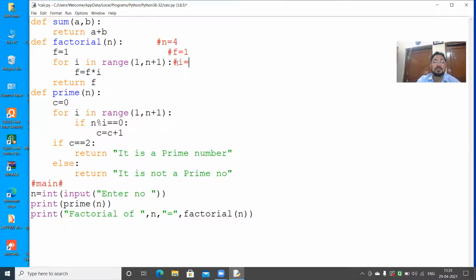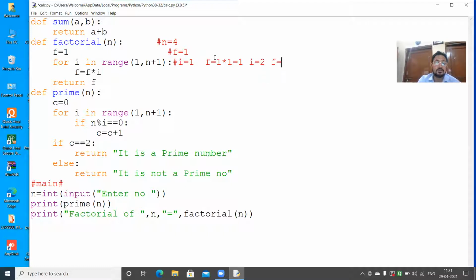When i is equals to 1, f is equals to 1 into 1, obviously 1. Then when i is equals to 2,